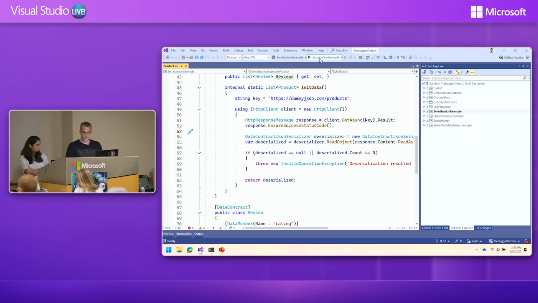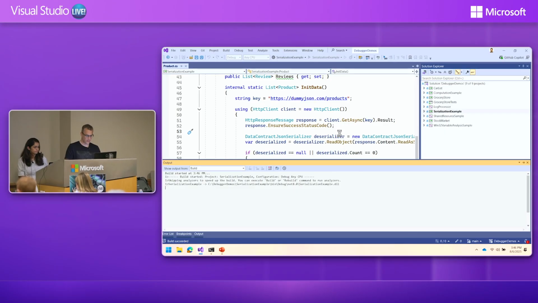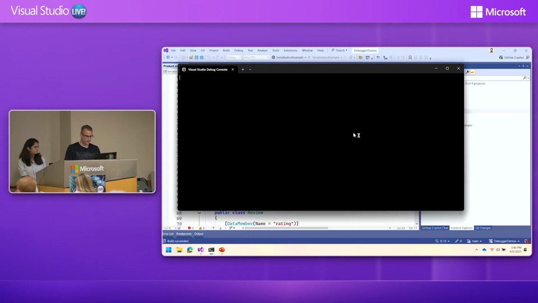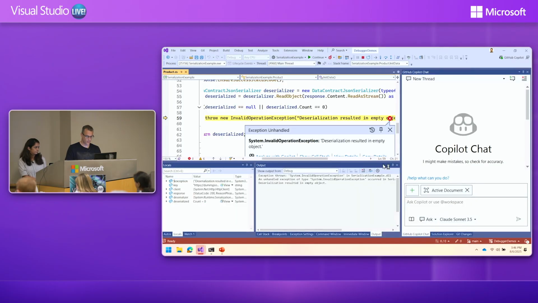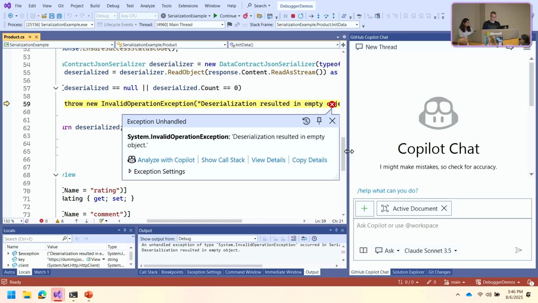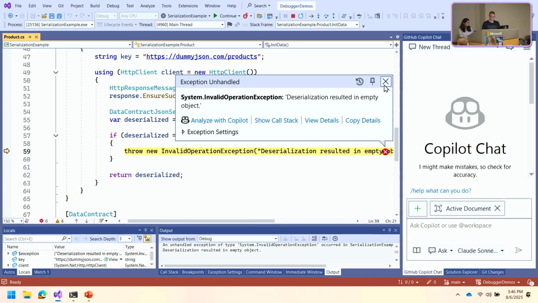Now, obviously, exceptions are pretty common, and they're usually the first sign that something's wrong with our applications. And in Visual Studio, we provide a tailored experience for such cases. So I'm going to go ahead and run the application, which will throw an exception here. There you go. Now, before we enlist Copilot's help, I just want to briefly explain to you what's going on